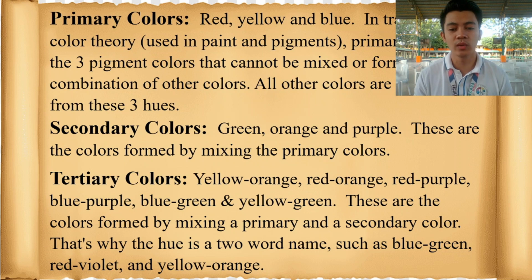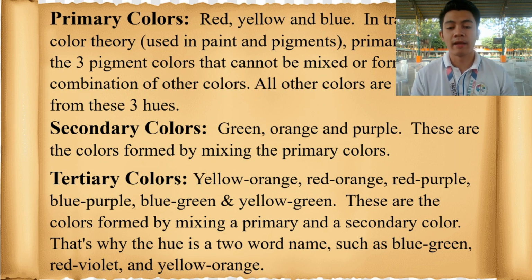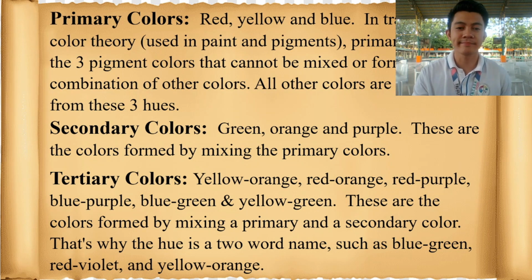Tertiary colors: yellow-orange, red-orange, red-purple, blue-purple, blue-green, and yellow-green. These are the colors formed by mixing a primary and secondary color. Kapag pinagsama mo yung primary at secondary, makakapag-produce ka ng tertiary or intermediate colors. Ayan, napakadali, di ba? Next,